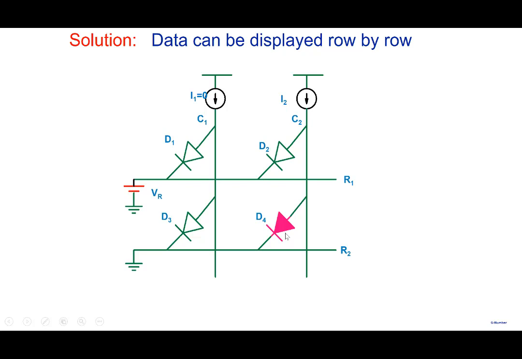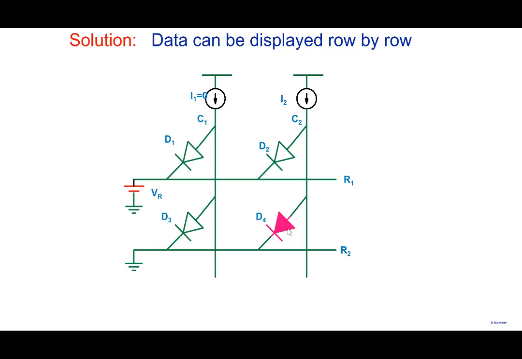Now what we can do is, this is called one frame of an image. You go from the first row to the last row. So you turn D1 on, then D1 turns off, and then you turn D4 on, fine. And then you go back to row R1 and turn D1 on again, and then you go to D4 and turn it on again. And like that, if you do it rapidly enough, you go to R1, light up D1, go to R2, light up D4, then again go back to R1, light up D1, then again go to R2, light up D4, and you keep on doing it. Now, if you do it fast enough, the eye